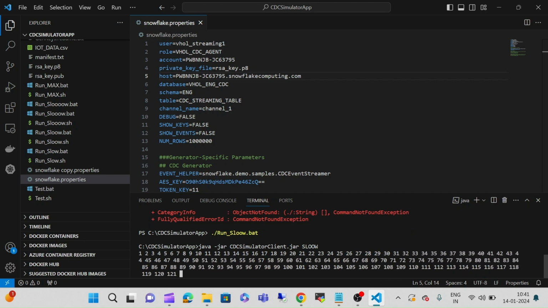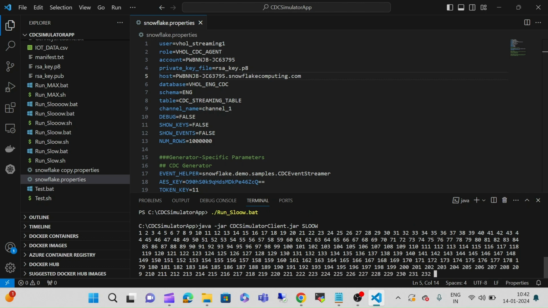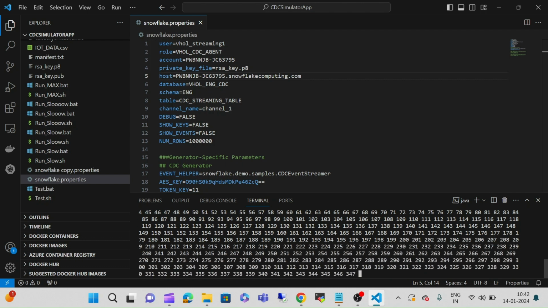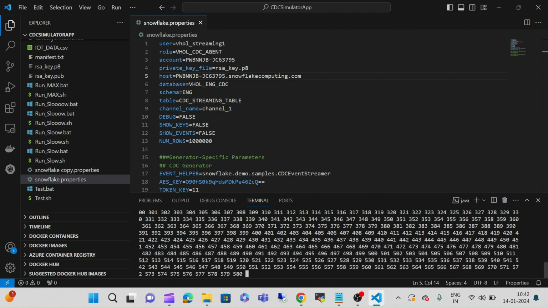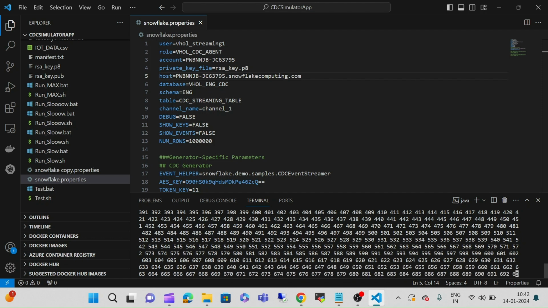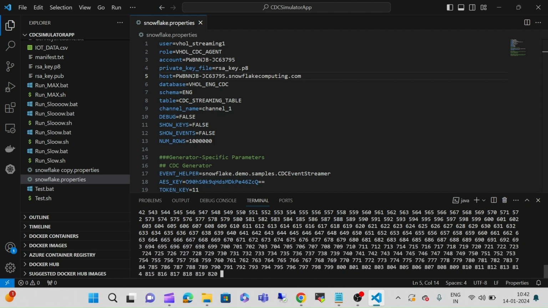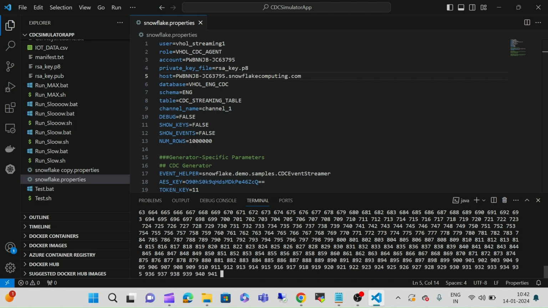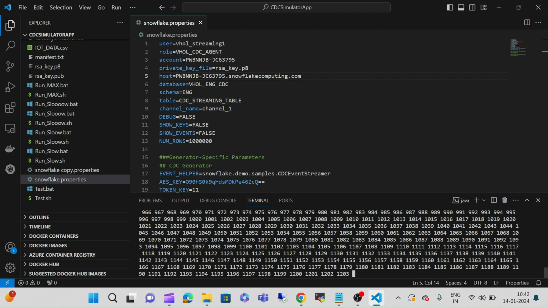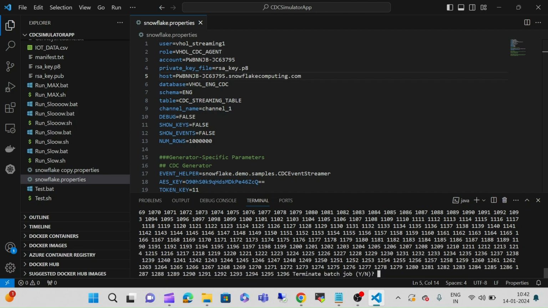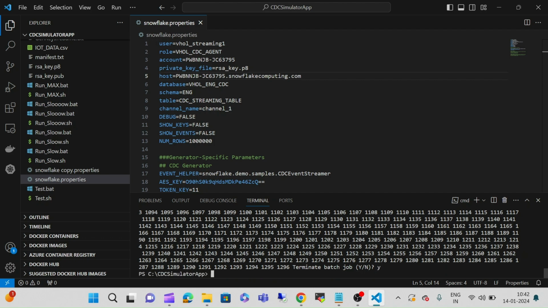As you can see, friends, our orders have been generating successfully. These are the new rows which we have been streaming. It will continuously stream until you stop it using Control C. So let's stop it here. Yes. As you can see, we have inserted 1296 new rows in our base table, and then